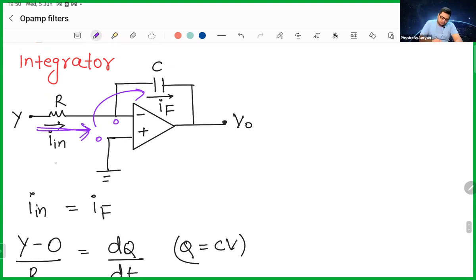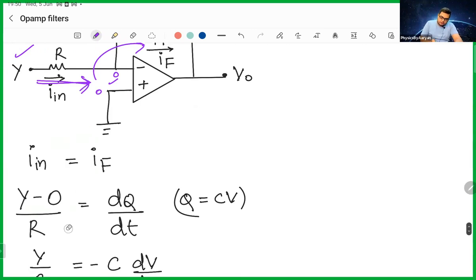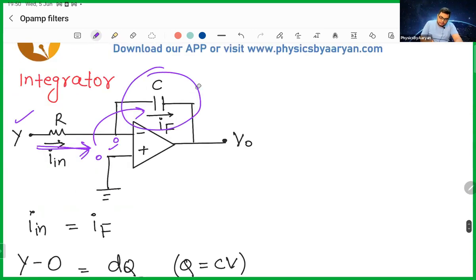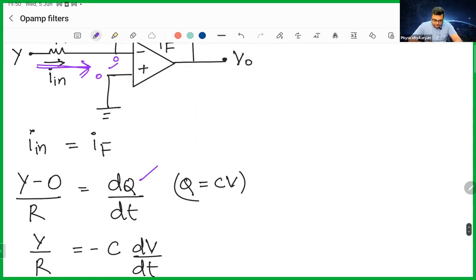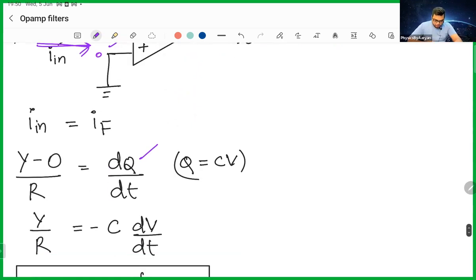Voltage difference is Y minus 0 by resistor R. And what is the current here? The current here is given by, I write the current as dq by dt. And in a capacitor, Q can be written as CV, and C can be taken as common, and then you get